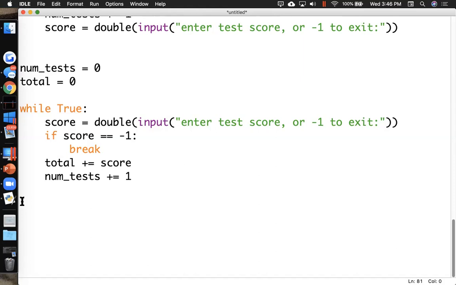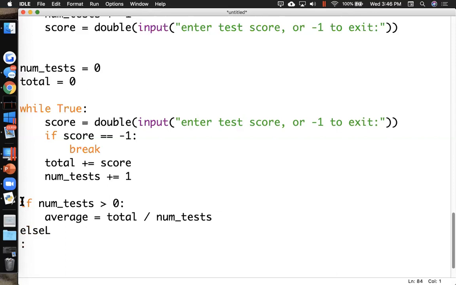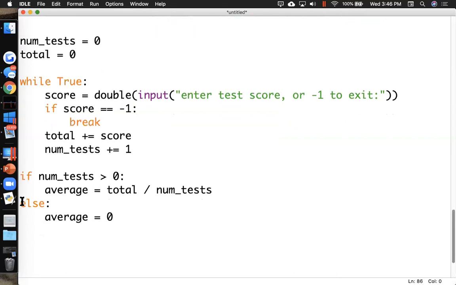So we'd probably want to do something like this. If num_tests greater than 0, then we could calculate the average, right? The average is equal to the total divided by the num_tests. And then else we could just say that the average was 0, right? Because they had not taken any tests. I don't know if that's a mathematically correct thing to say, but I think it would